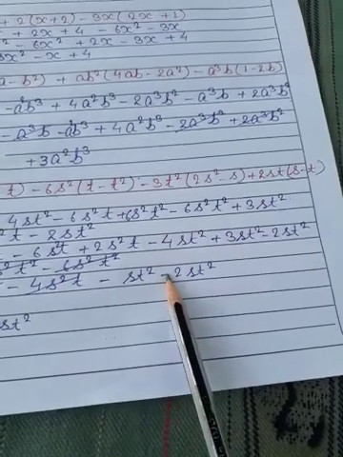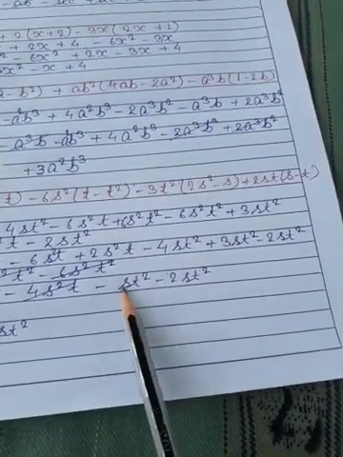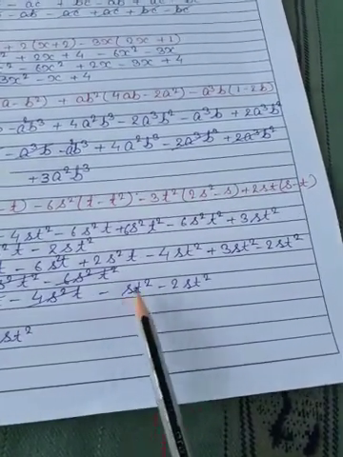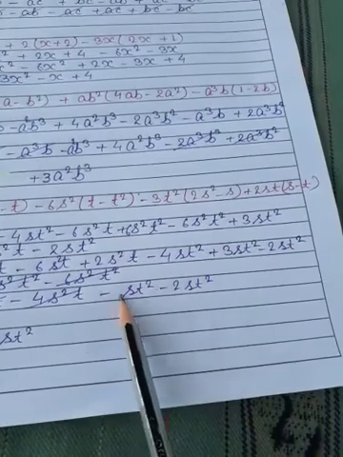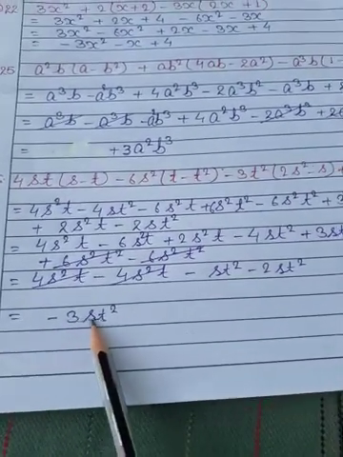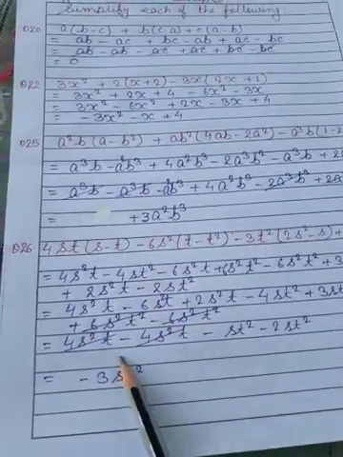Now minus st square minus 2st square. So minus minus plus. Okay. So nothing means 1 is there. So 2 plus 1 is 3, 3st square. And minus minus is plus. But the sign is always given of the greater number. So out of 2 and 1, 2 is greater. 2 has the minus sign. So this is our minus 3st square. So this is our question number 26.